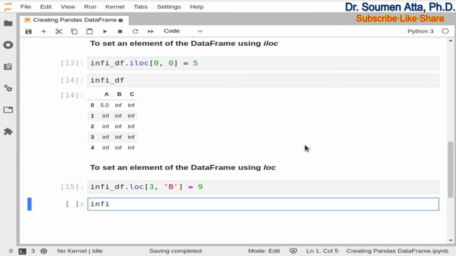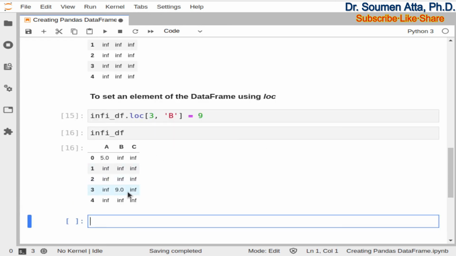And now if you check the infidf data frame, you can see that the value at the row having the row index value 3 and with the column name B is changed to 9. So this is the way loc operates with the data frame.